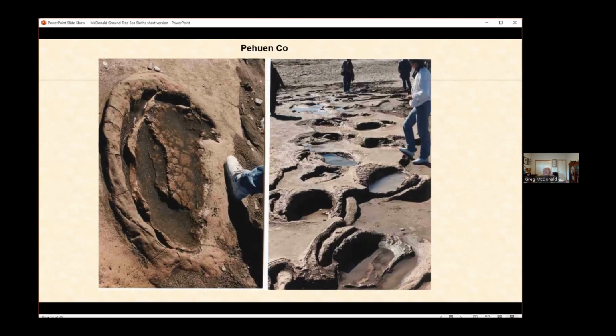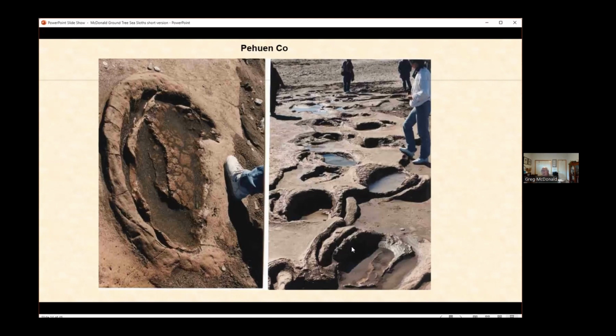And the only time you ever see the front track is when the animal is changing directions and there's sort of an overstep. And of course, this has led some people to interpret that the Megatheriidae were walking around bipedally. I think that it mostly can be explained by this overprinting,